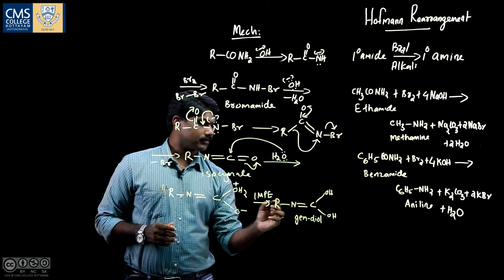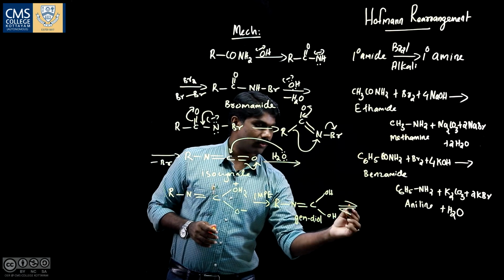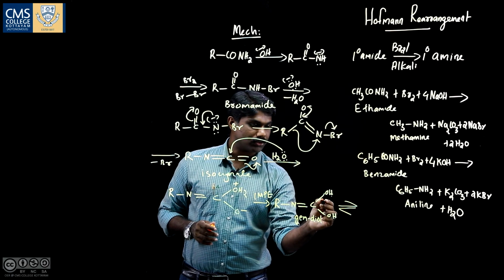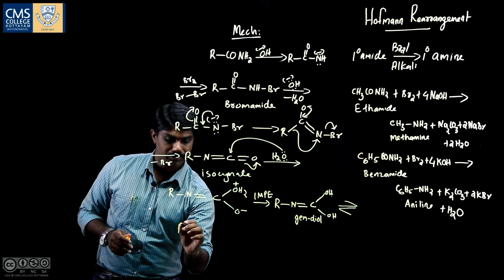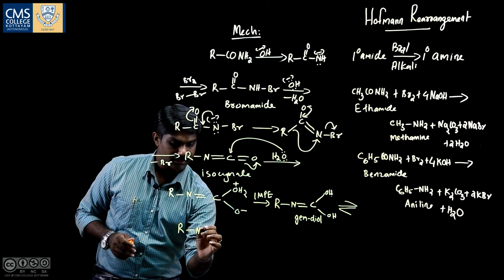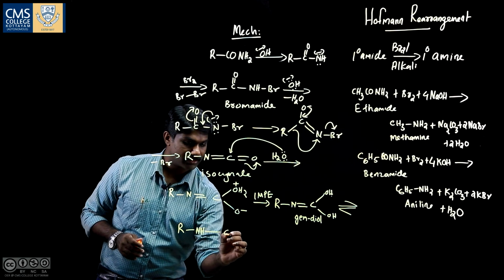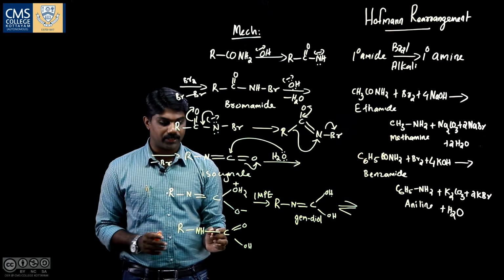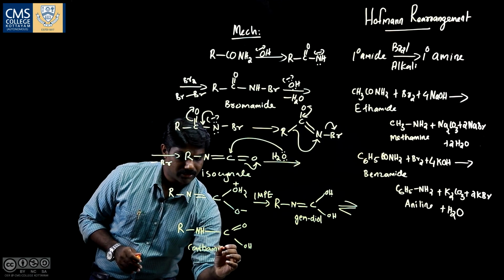And this then undergoes tautomerization. Okay, this hydrogen comes here and this double bond goes to this carbon and oxygen bond. So after tautomerization we have nitrogen, then this hydrogen comes to nitrogen. Here now we have a single bond, then C, double bond, and here we have OH. And this is called carbamic acid. This is called carbamic acid, and this carbamic